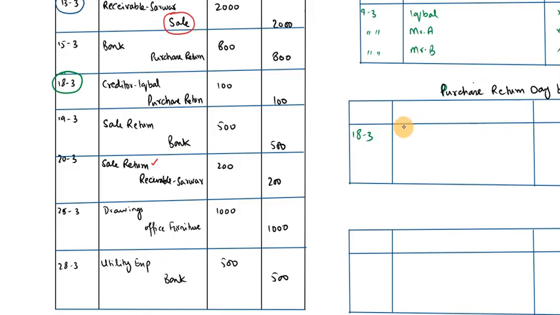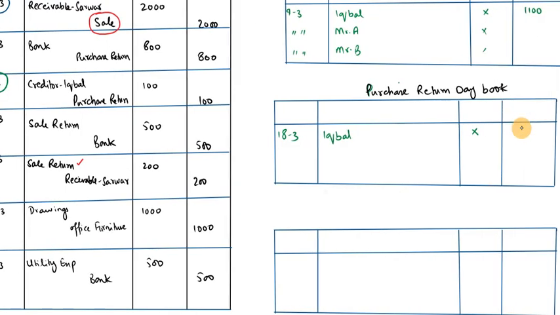Creditor name is the one to whom the business sent back goods, that is Iqbal, and here is the invoice number and the amount of credit purchase, that is 100. If we have another supplier to whom the business sent goods as a purchase return, we will record that here also. We don't have any other purchase return other than Iqbal, so the total will be 100. So this is the purchase return day book.